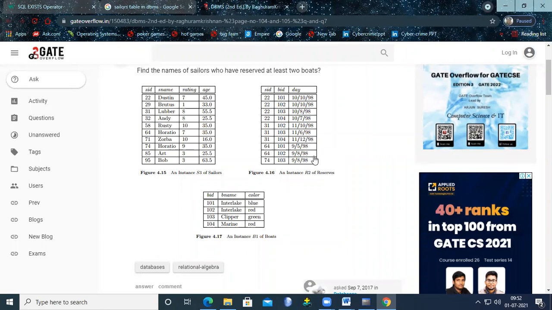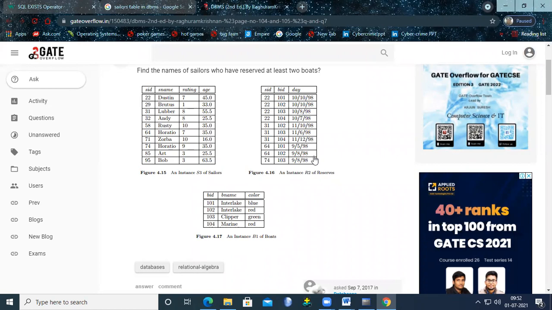We will discuss nested queries tomorrow, so don't worry about that: the IN operator, EXISTS operator, NOT IN, NOT EXISTS, all of these in tomorrow's session. Please try to join within the time.